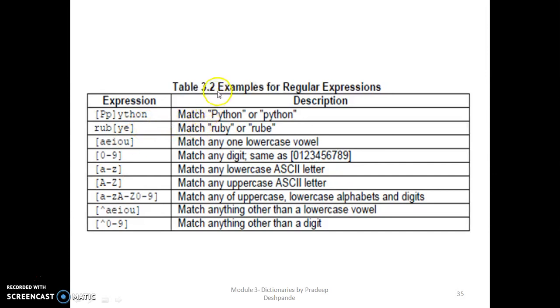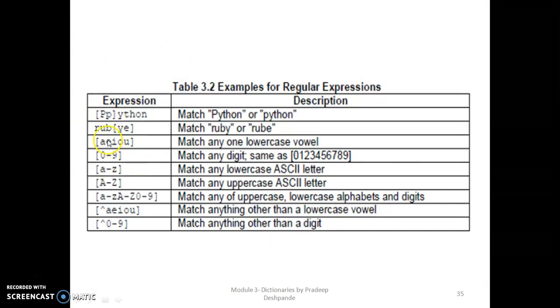Also we have some examples of regular expressions here. You can see this example. In square brackets we have capital P and small p, then ython, which matches Python or python. So in square brackets, whatever we mention, both will be considered. So in a string, all those patterns which start with capital P Python and which start with small p python will be matched here.